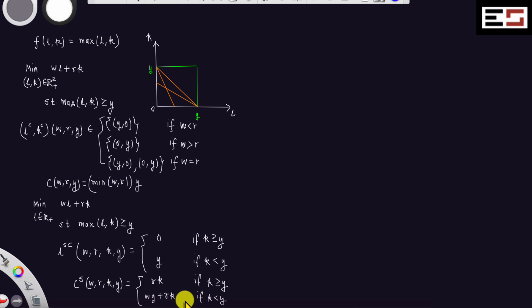Okay, so this is the cost function, the short run cost function. Now what we are going to do is we'll just verify that if we minimize the short run cost with respect to fixed factor capital, what we'll obtain is the long run conditional capital demand function, okay. So we'll just verify this, and